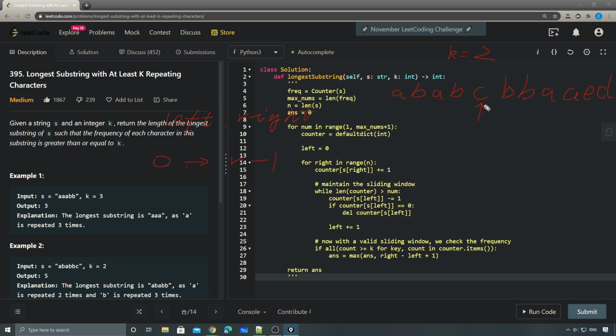So which means that, from C here, C's frequency is 1, which is smaller than 2. That's why, whenever we see a letter whose frequency is smaller than k, we'll divide this string into two halves. So this is going to be the first half, and this is going to be the second half. And for those two substrings, we'll call the same function again,